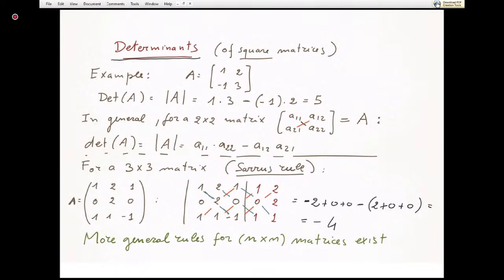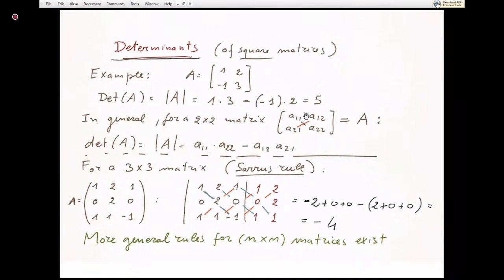There are general rules to compute these determinants for matrices of any dimension. Determinants capture very important properties of the matrix, but what you need to know now is that they are numbers associated to a square matrix, so uniquely associated. If I have a square matrix, I have its determinant, okay? There are very simple rules to compute determinants in the case of 2 by 2 matrix and 3 by 3 matrix. In the case of a 2 by 2 matrix